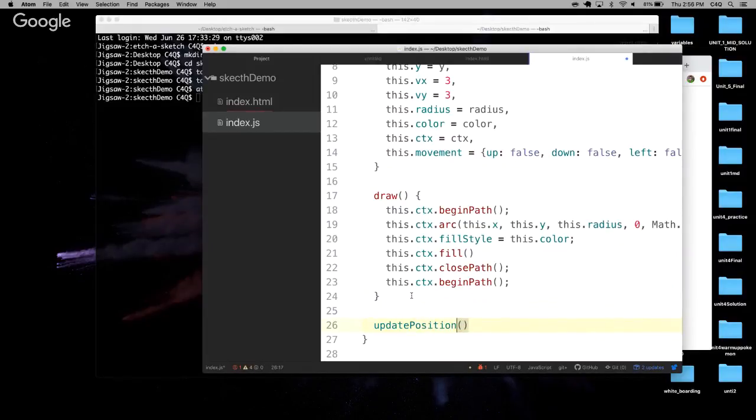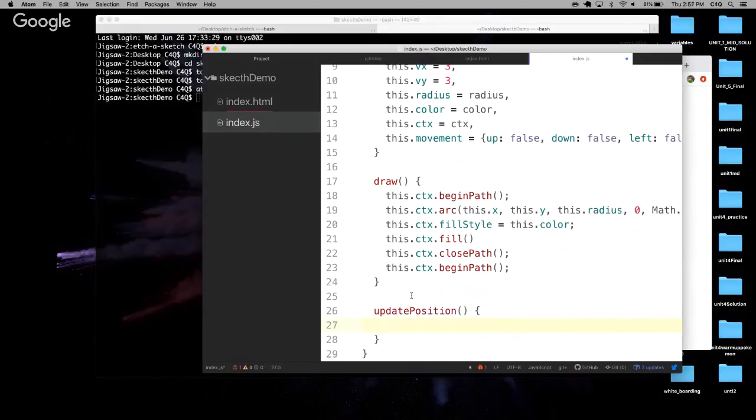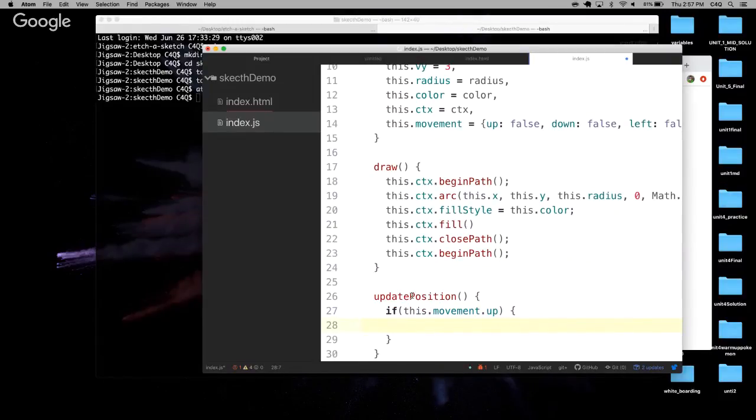Does that make sense? So we're going to call this so that we can change our x's and y's based off of our vectors. That's a little bit of a thing to take in. Maybe as we do it, it'll make a little bit more sense. So we can say, hey, if this.movement.up, then we should be moving upwards, right? How do we move up? What's the next line? What do we think the next line will